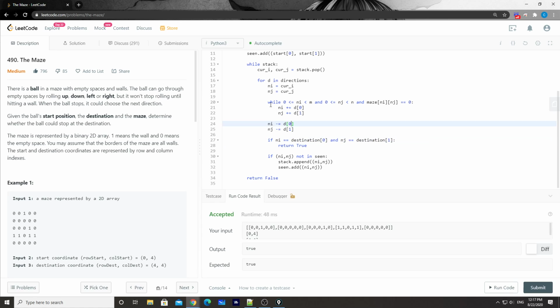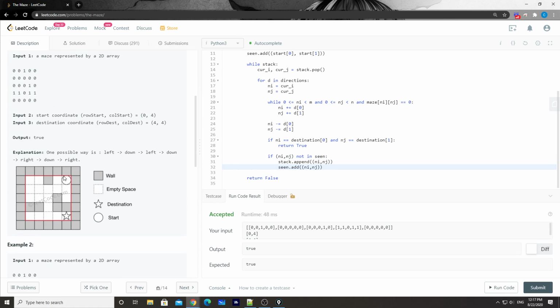We let the ball keep rolling until it hits a wall, and when it hits a wall, we check if that position is our target or not. If not, we add that position into the seen set so that we won't process that position again, and then we go from there.